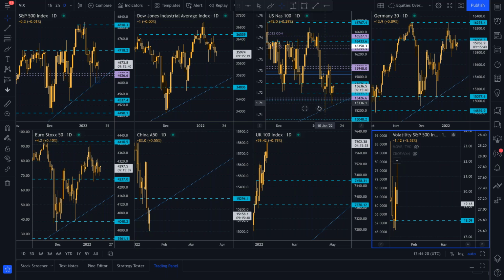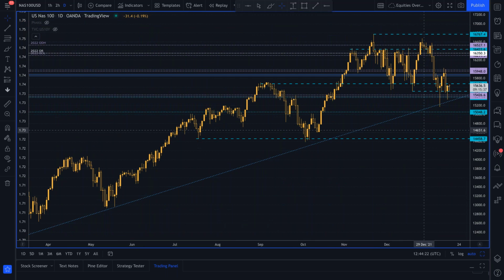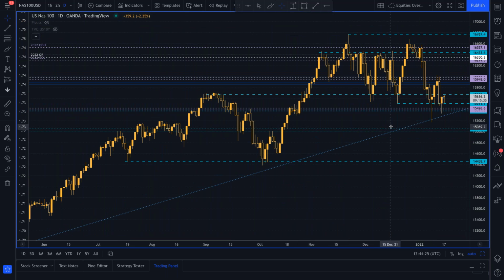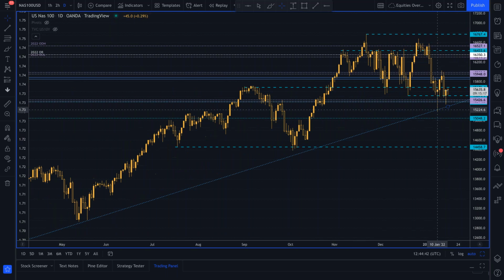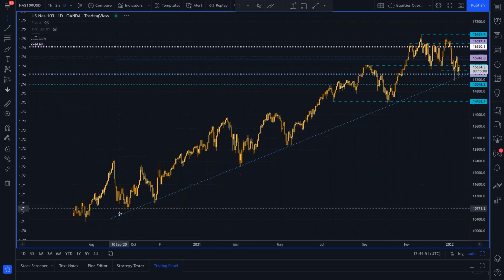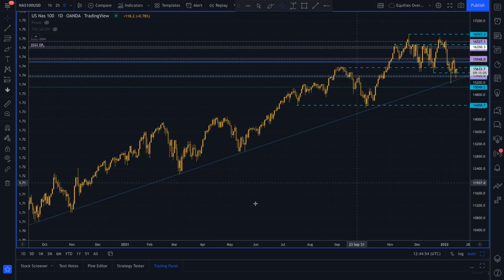Now you can see where we're at. We're at this scenario of which narrative is correct. Is the Fed making a policy mistake? In which case you'd expect this level to fall. If they're not making a mistake and the market can absorb 4 interest rate hikes of 25 basis points this year, as some analysts do think it can, then this might be a decent dip to buy. The nice thing about buying a dip at this level is stops can be placed very tightly underneath that 15,131 region, because you can see that 1, 2, 3, 4, 5 key support on the Nasdaq.